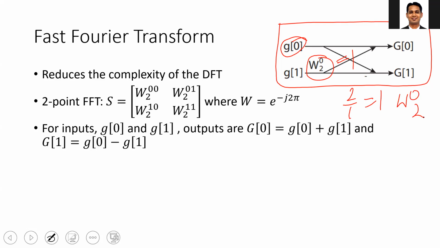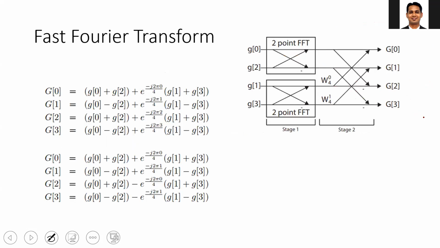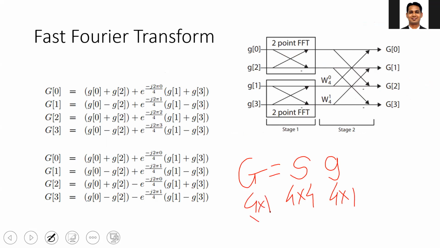Okay, so now we can go from the 2-point FFT to the 4-point FFT. So in the case of the 4-point FFT, you have the S, which is 4 cross 4, you have the g, which is 4 cross 1, and you get the capital G, which is 4 cross 1. And what are the elements of this S? Again, you can compute it in the